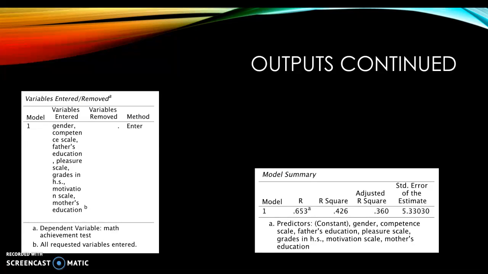Here are a few more outputs from this analysis. If you'll notice, it shows that the method is enter, which means that all of the variables were entered equally, that they were all combined simultaneously. The model summary table shows that the multiple correlation coefficient R, using all the predictors simultaneously, is 0.65, and the